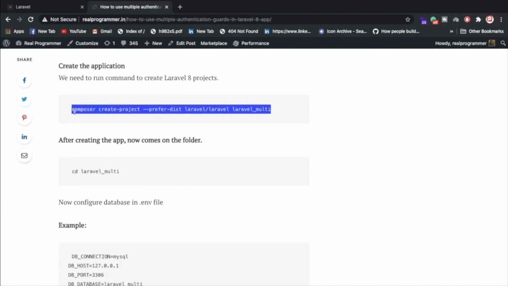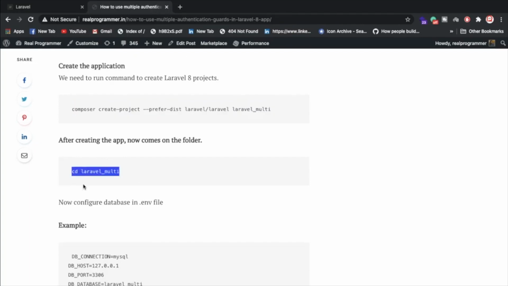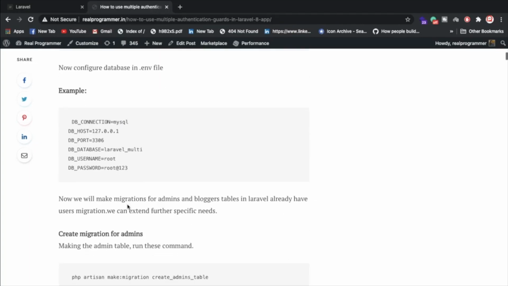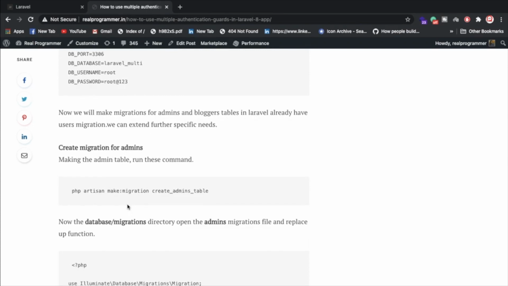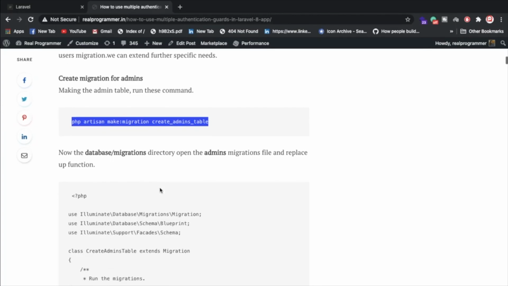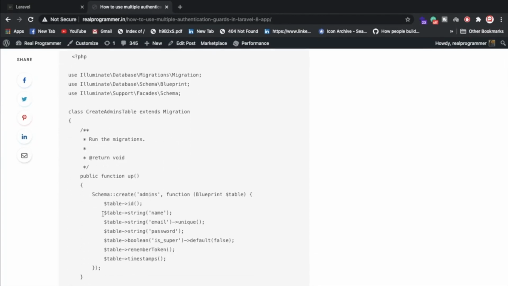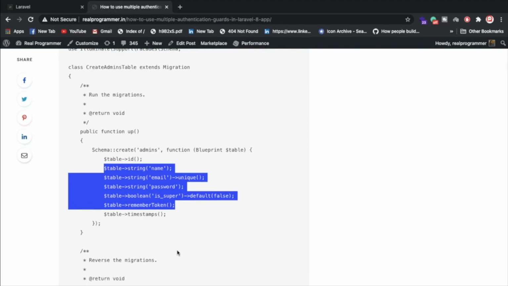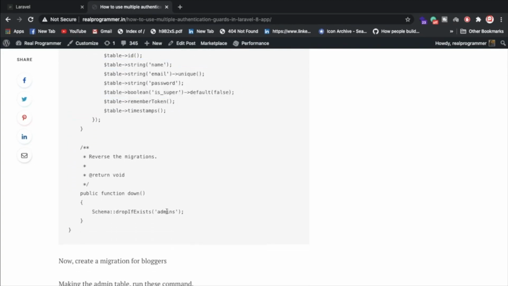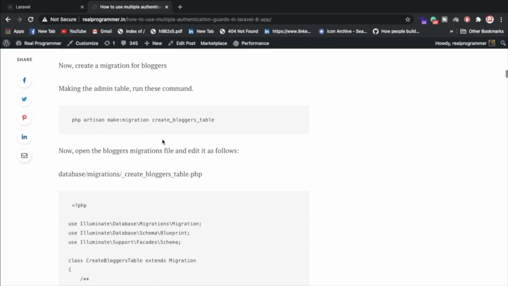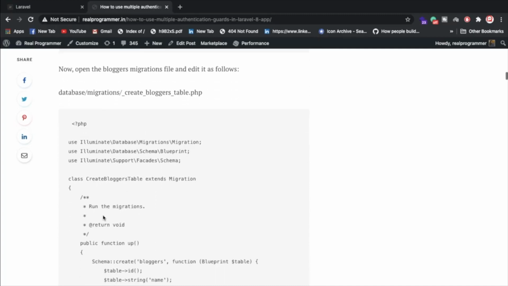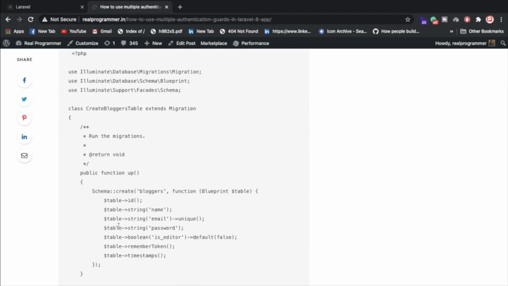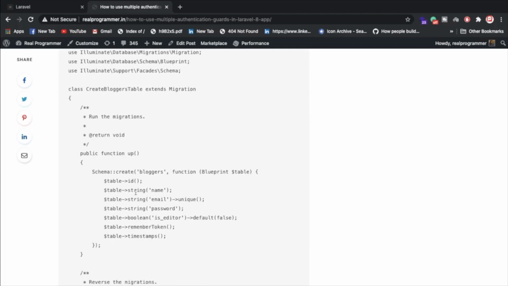Once you run this command, go inside the new project, configure your database settings, and create migrations for the admin. I have already explained this. This is the step to write a migration command. Once you have added the migration command, put it like this, and whatever fields you want from your side, just put your code. I have added the same kind of thing for the blogger and admin, so you can write the same syntax here, whichever fields you want to add to your table.